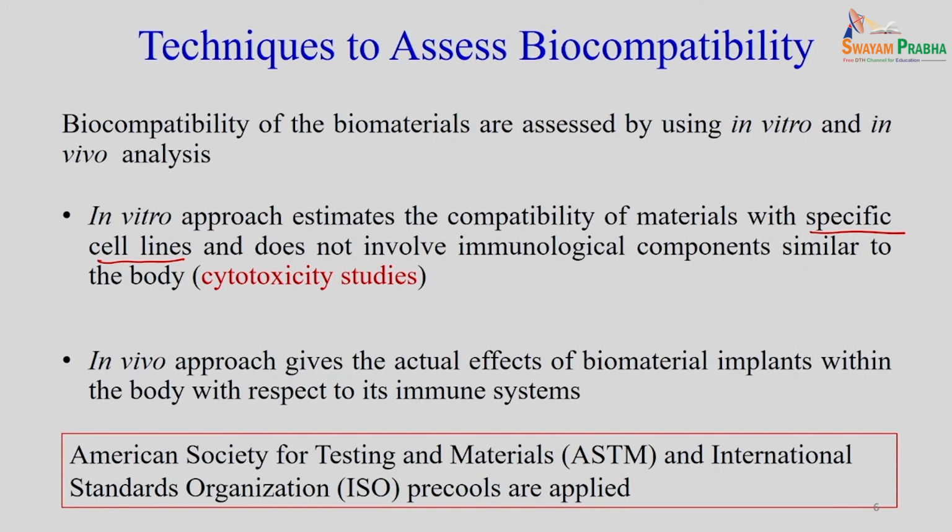One example of in vitro is the cytotoxicity study. When we perform the in vitro analysis, it minimizes the number of experiments required for the in vivo analysis. So, you can say it minimizes